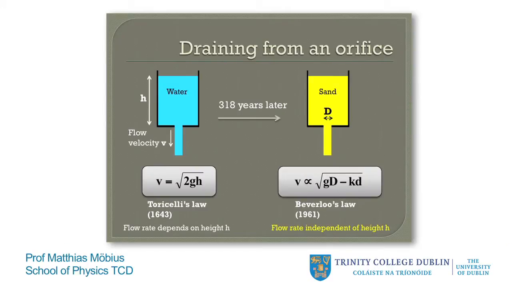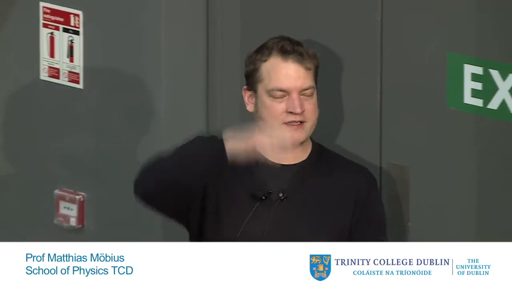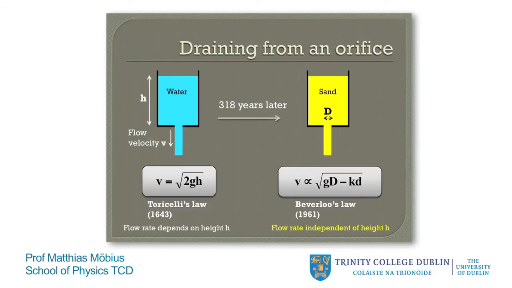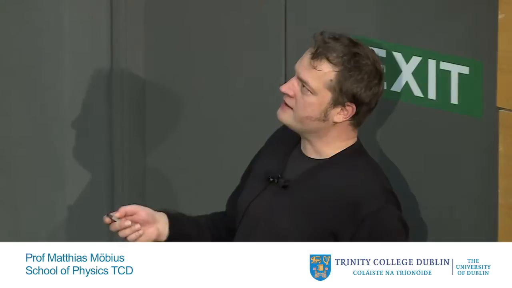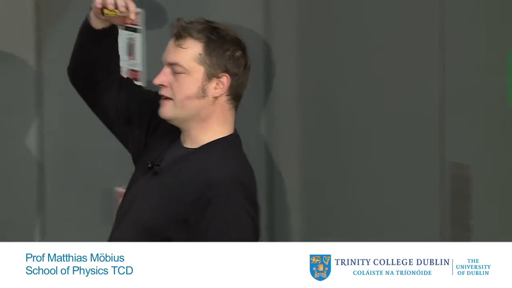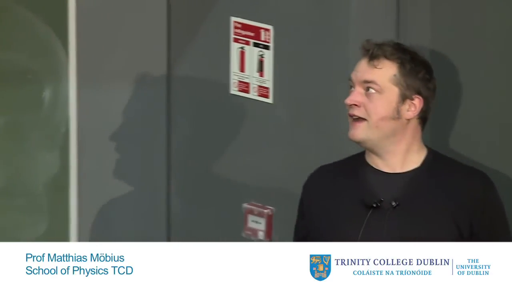Now, I just want to give you a simple example to illustrate how different they are. For example, one of the oldest laws in physics is Torricelli's law, 1643. It just says that if you have some container with a liquid and you poke a hole at the bottom, the liquid obviously flows out because there's hydrostatic pressure acting at the outlet. And the flow velocity is simply the square root of 2 times gravitational acceleration times the height of this liquid column. You don't have to understand the details, but it depends on the height of the liquid column, because the higher the column is, the more pressure is acting on that outlet.